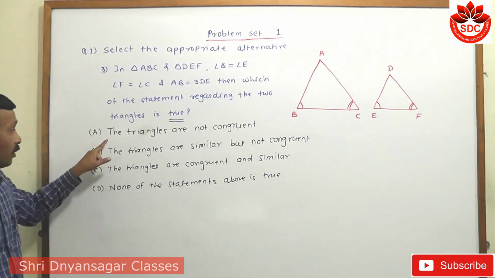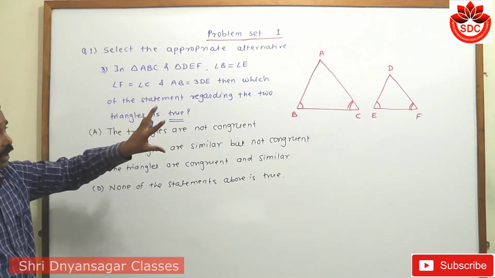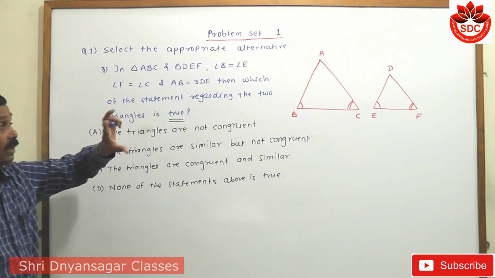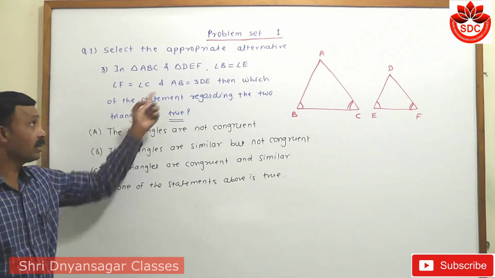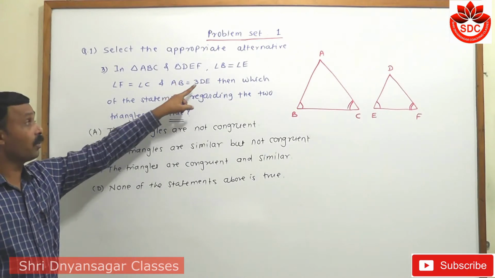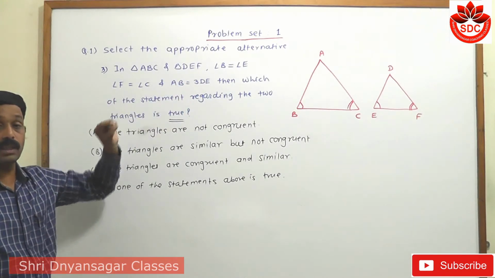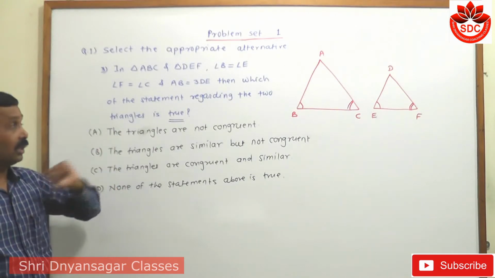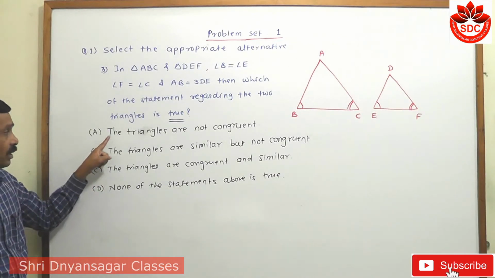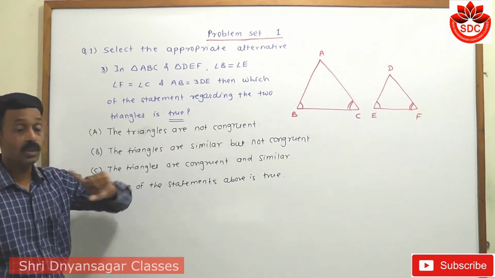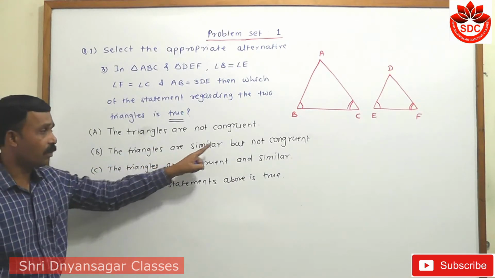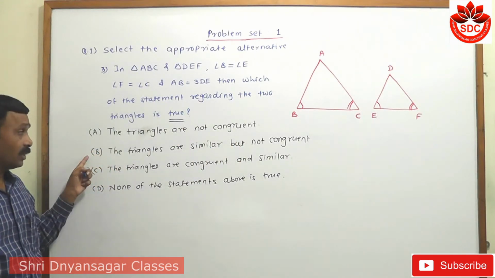So by using this correspondence and looking at it, the ratio of the sides is 1:3. Here the sides are not congruent because the ratio is given. Now AB is equal to 3DE, meaning AB upon DE is equal to 3 upon 1, that is 3:1. This is the ratio. Now the sides are not congruent. So the first statement, the triangles are not congruent, is not true. Then second, observe carefully. The triangles are similar but not congruent. I think that this is the correct statement.